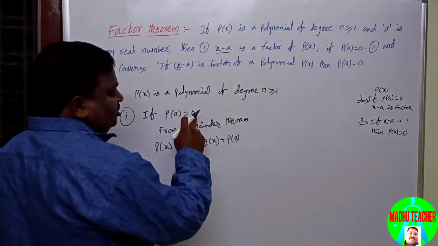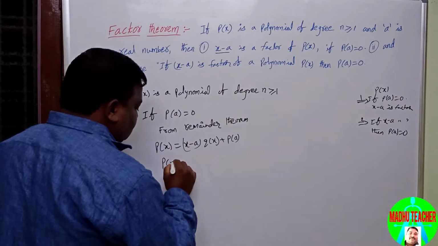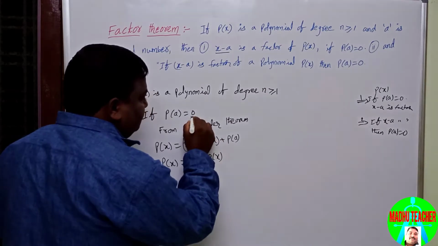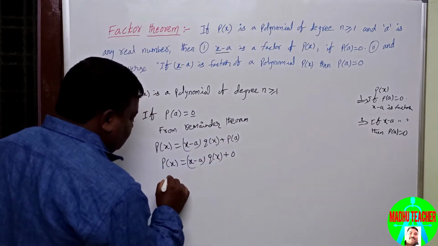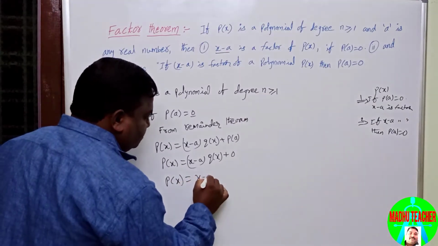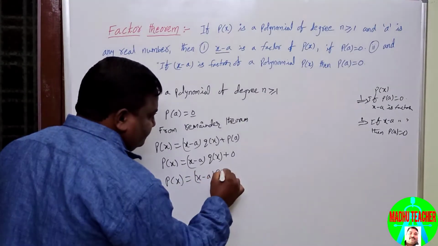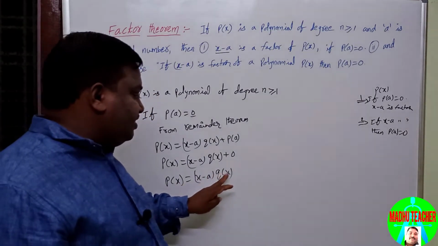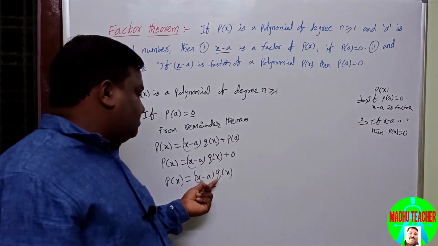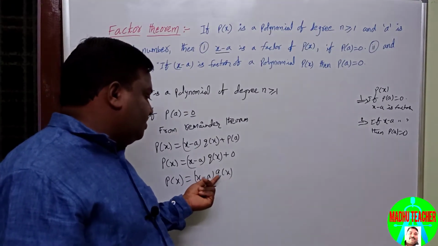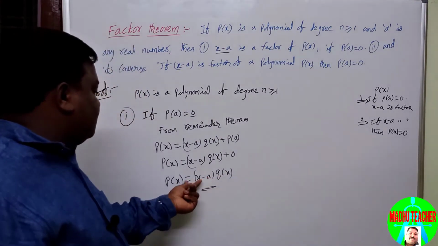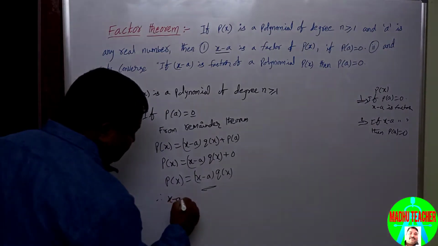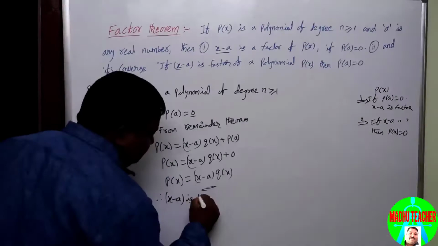If p of a equal to 0, that means p of x equal to x minus a into q of x. What is given? If it is 0, what will it become? p of x equal to x minus a into q of x. p of x is written as x minus a into q of x. Okay, x minus a into something. So it is the product of x minus a and q of x. Then we say that x minus a is a factor of p of x. Therefore, x minus a is a factor of